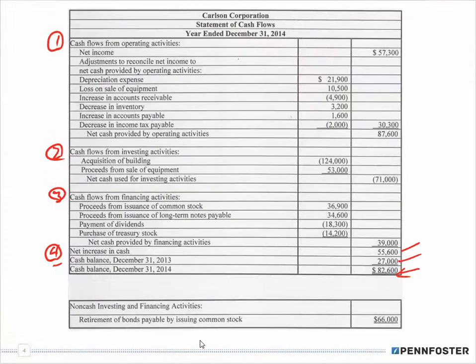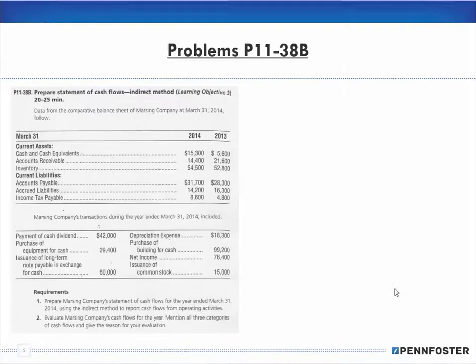So that's what your solution should look like when you're done. Just follow the process, and it should look like that. If you have any questions, feel free to telephone or contact an instructor. So with that said, let's move on to